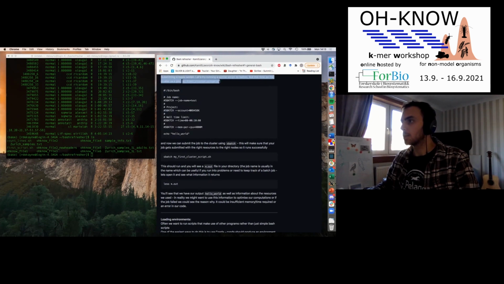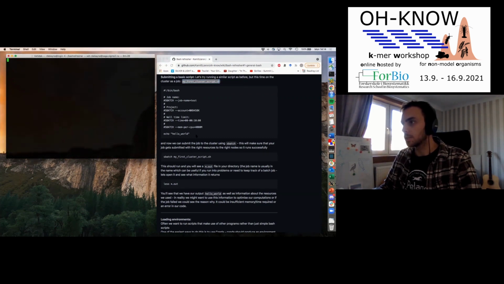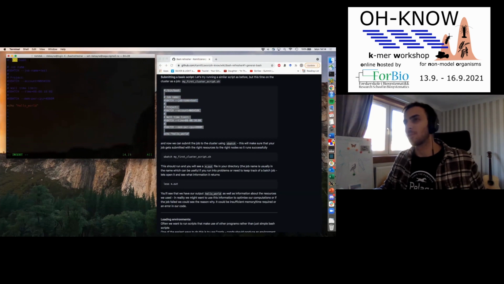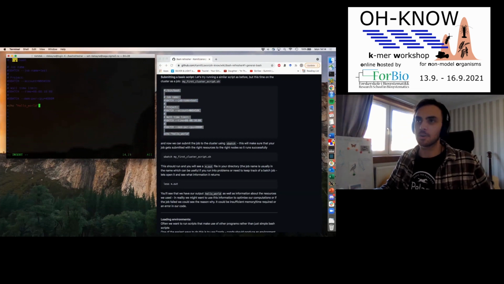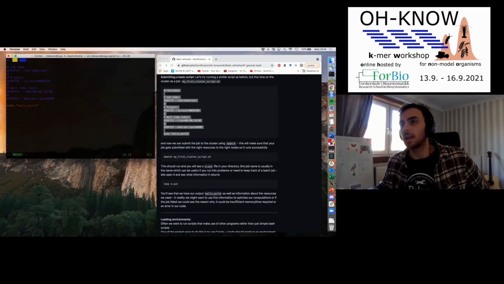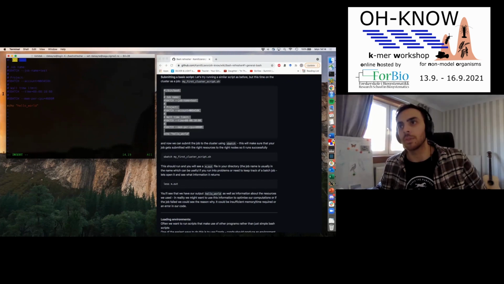So we're going to make this script, and I will then go through what this says. As before, as somebody very rightly pointed out, I didn't have the shebang in one of my scripts. So here it has the shebang, saying that this is written in bash. The way submission scripts work is you specify the parameters of the job you're submitting within the script. In this case, this is saying to sbatch, which is the job submission system,